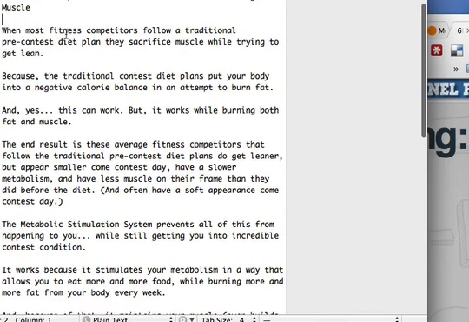So here's the body. When most fitness competitors follow a traditional pre-contest diet plan, they sacrifice muscle while trying to get lean because, right? Proof. Because the traditional contest diet plans put your body into a negative calorie balance in an attempt to burn fat. And yes, this can work, but it works while burning both fat and muscle. So see, I address a possible objection, that if they say, well, I've seen tons of people use this type of diet and it absolutely works to get you lean. And so I say, yes, this can work to get you lean, but it works while burning both fat and